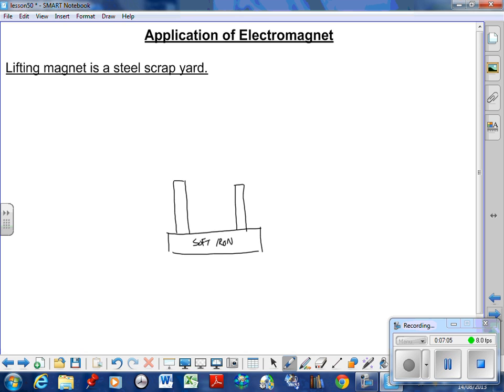What they then do, and I'm going to use red for my wiring system here, is they'll have a switch and some form of power source. Not too worried about it, we'll make it a battery even though it's not a battery. What they'll do then is coil the wire